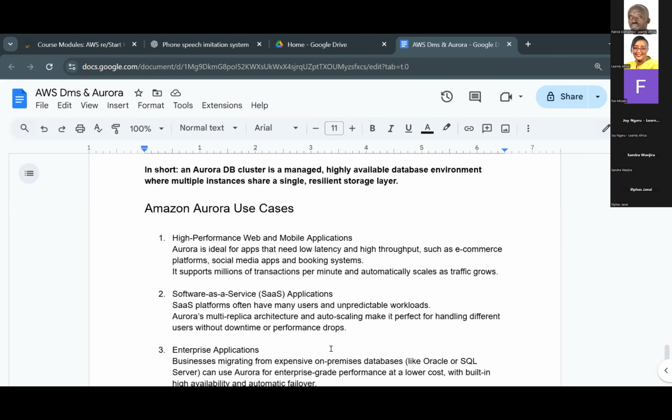So Amazon Aurora use cases, it's a good thing I'm not seeing the Zoom because I know you guys are laughing. Anyway, Amazon Aurora use cases,